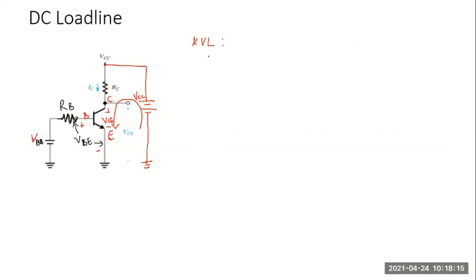Minus. Okay, minus, so we'll take from VCC here. We are going from negative to positive. So minus VCC, right? Then what is the drop across this resistor RC? The current flowing is IC and it is flowing downwards.